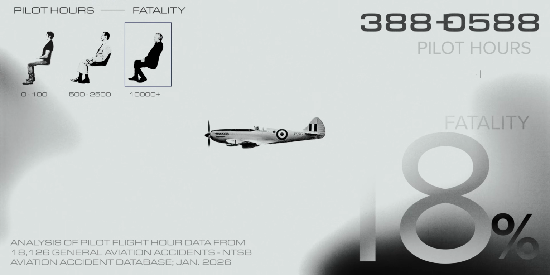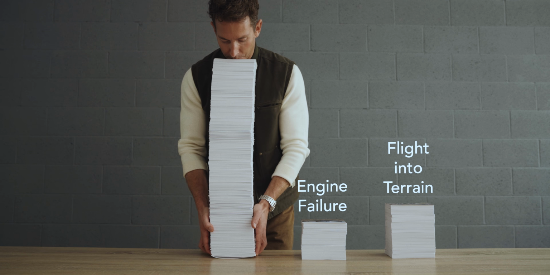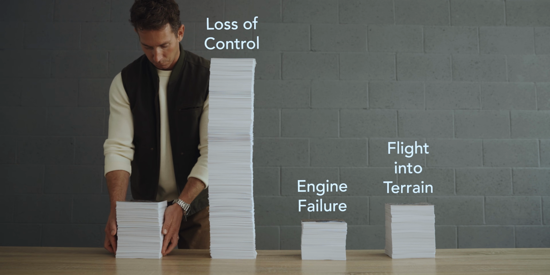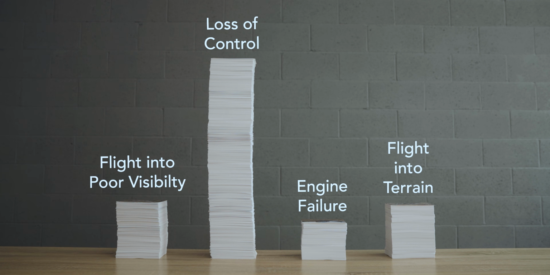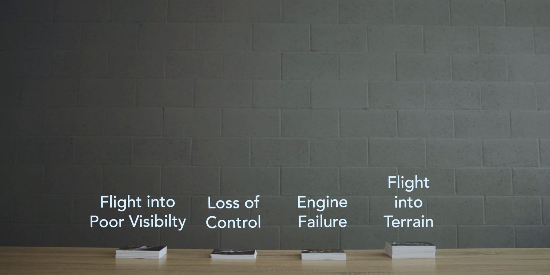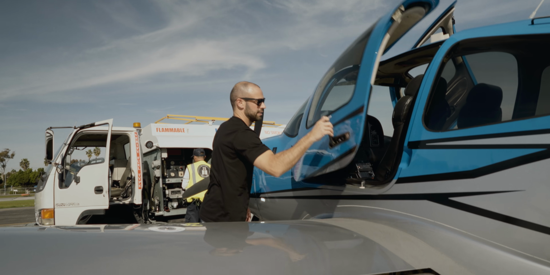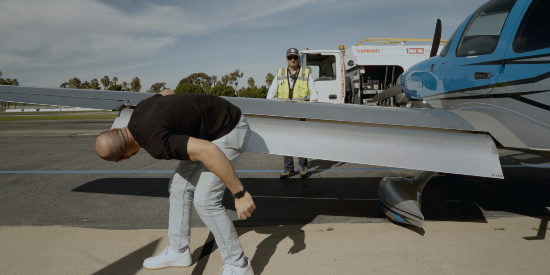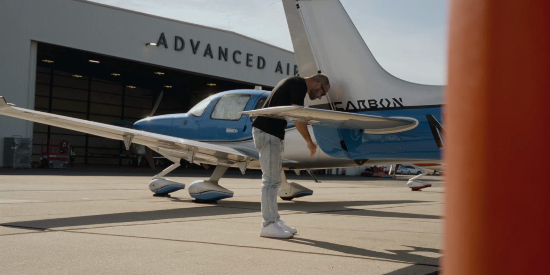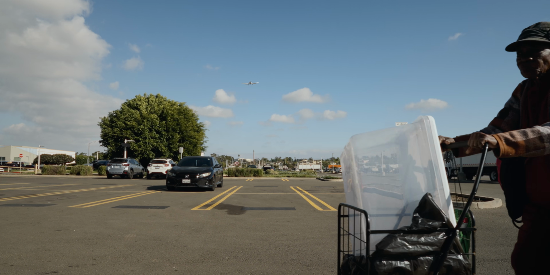And what about pilots with 10,000 plus hours? Well, they didn't fare much better. All of these fatal general aviation accidents fall into 4 buckets. At Skytron, we think airplane design should start with human safety systems. Simplified controls, full envelope protection, automatic terrain avoidance, and automated twin-engine handling. These airplanes were designed with incredible part reliability, but they weren't designed to address the most unreliable part of the airplane.